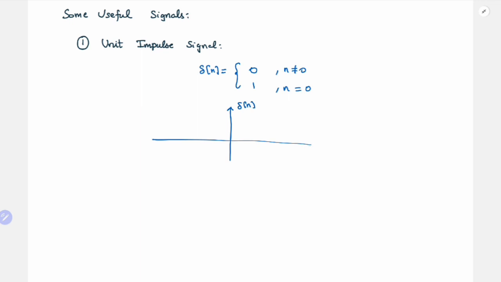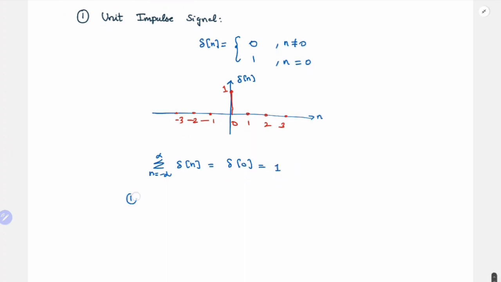So your delta of n is nothing but 1 here and 0 everywhere else. Again, similar to the continuous time case, where we had the integral area equal to 1, here we just have the summation n equal to minus infinity to infinity, delta of n is nothing but delta of 0, which is equal to 1. And what are the two properties we saw? The multiplication property,